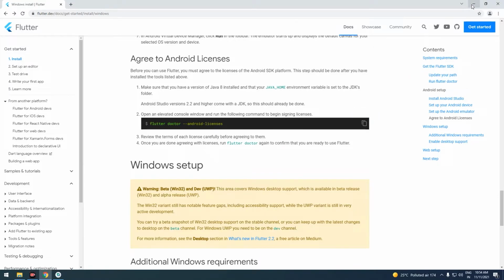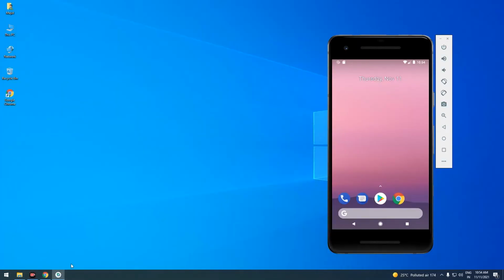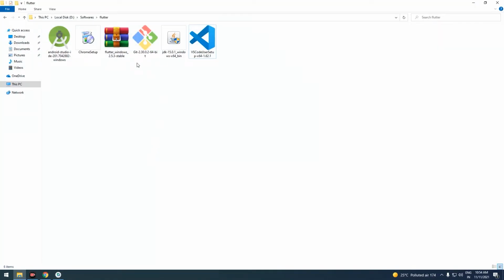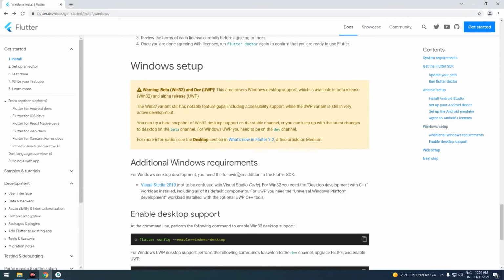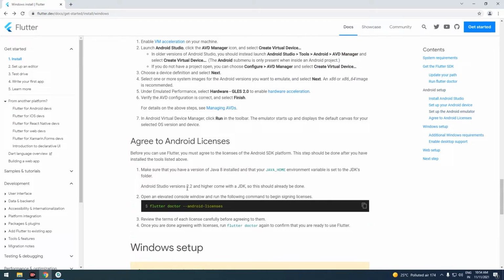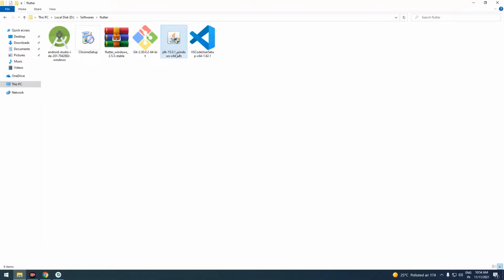So I wanted to open up my application in VS Code. One more thing is that I'll highly suggest you guys to install JDK, because sometimes the application does not run because of some issues. And let me just show you one thing. Android Studio just comes with JDK, but I don't know what the issue is, sometimes the application does not run really well. So I'll highly suggest you to install JDK. I'll be providing the link, so be sure to download that. I'll install JDK now, and after that we'll install VS Code.